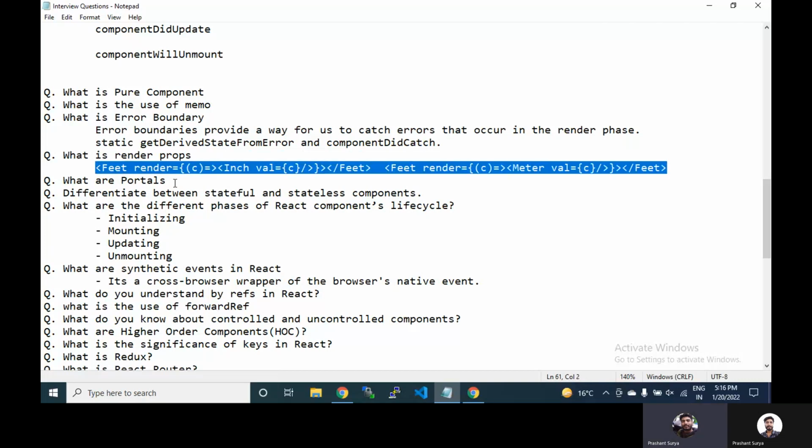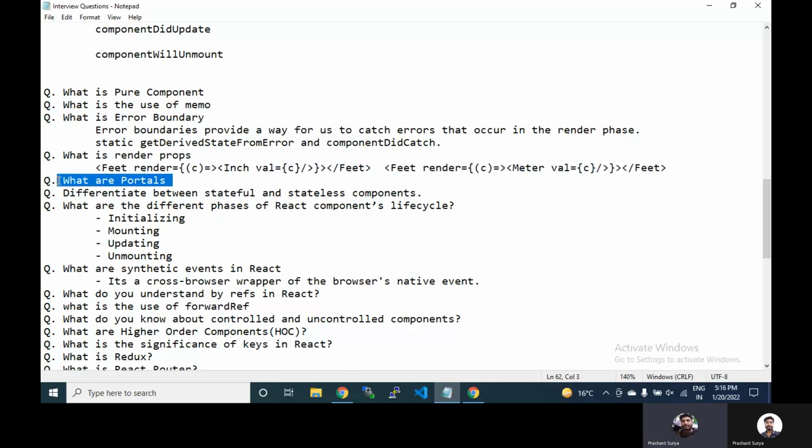Okay, what are portals? Basically, portals are used to handle the event bubbling if your event DOM, whatever the clicked event DOM is, is outside the root tree of your React application.